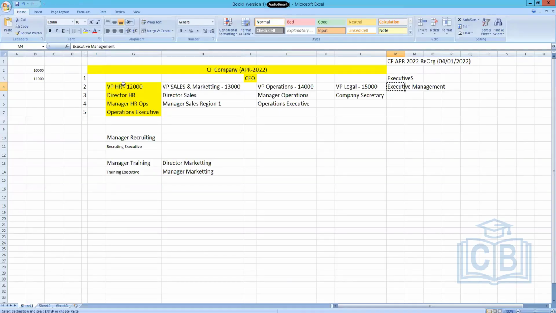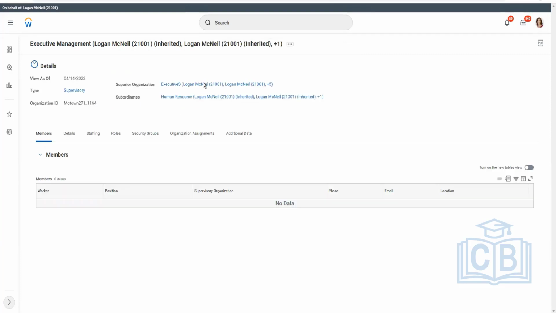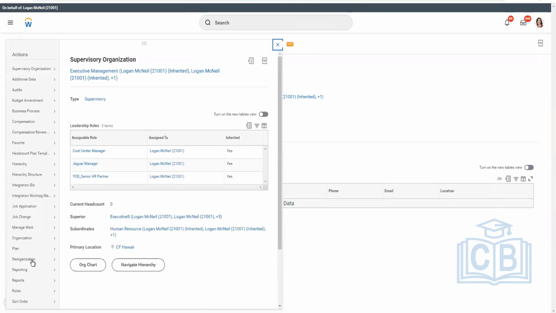Next, on the same level in the executive management, I have sales and marketing. So if I go here now, I will see two subordinates. One subordinate of human resource under executive management, and the superior is still executives. Now at the executive management hierarchy level, not the human resource level, I again go to the related actions, go to reorganization, create subordinate,